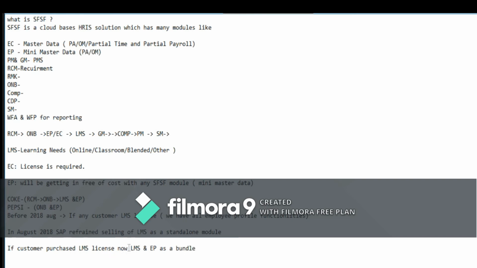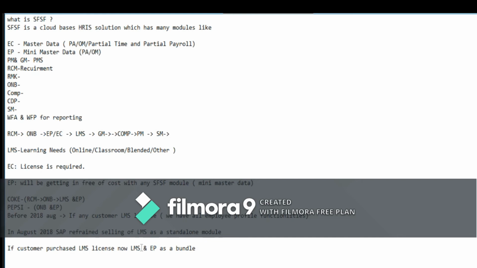Now, you are not supposed to maintain any of your employee master data in LMS. You have to maintain your employee master data in EP, and then move that into LMS. You can ask me, Sudhir, why has SAP made this laborious process? Yes, customers are not happy. Why? Because